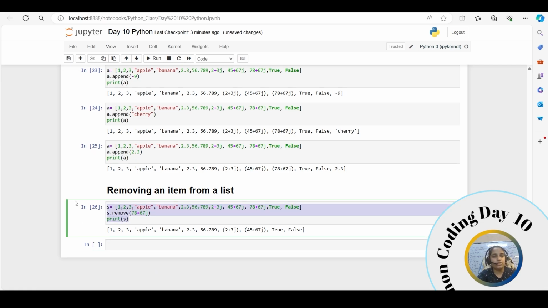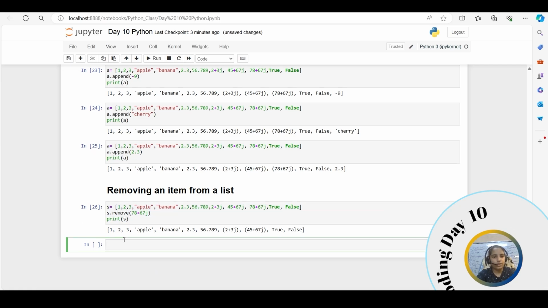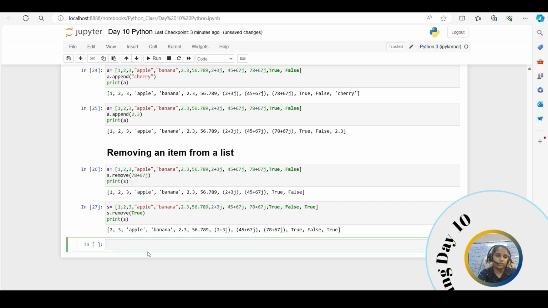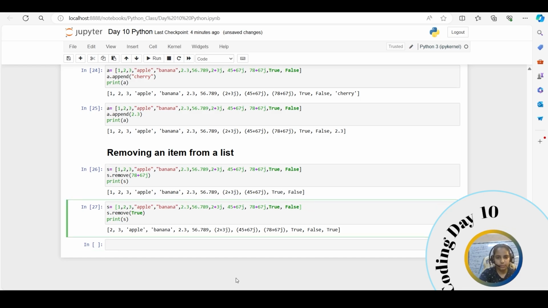And then maybe the list contains two same values, like True over here, and if I write True again, any of them will not be removed because the computer gets confused about which one is to be removed. And if there is not a duplicate,